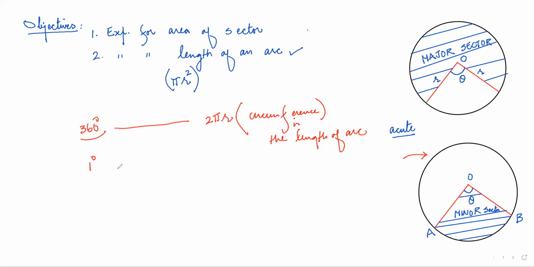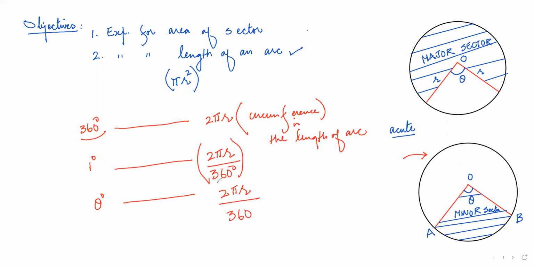When the angle is 1 degree, then what is the length of the arc? 2 pi r divided by 360 degrees. And when the angle is theta degrees, or simply theta, then what is the length of the arc? Just multiply this by theta. So it will be 2 pi r divided by 360 into theta, the length of the arc corresponding to